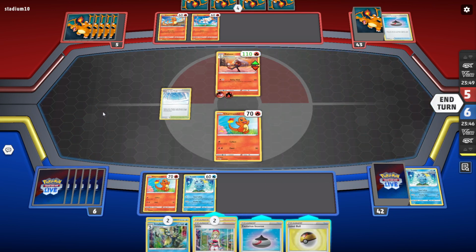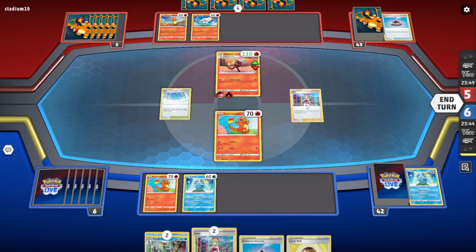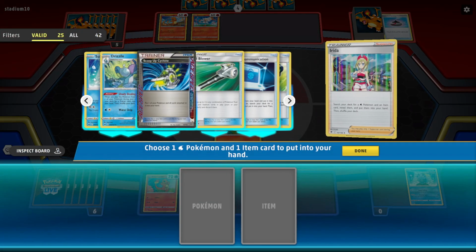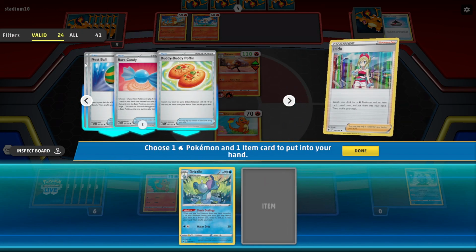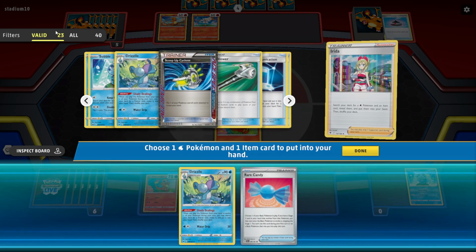So we got Level Ball. That's an insane top deck. So I will just Irida now, though. We want ourselves a Drizzile. There we go. Rare Candy, and then we're gonna grab